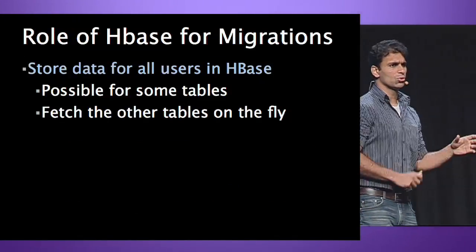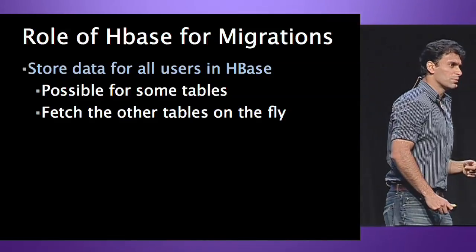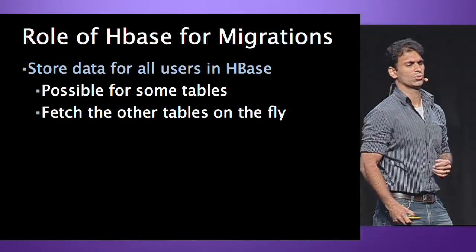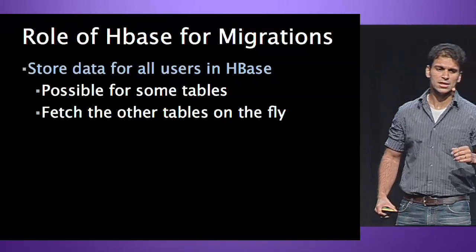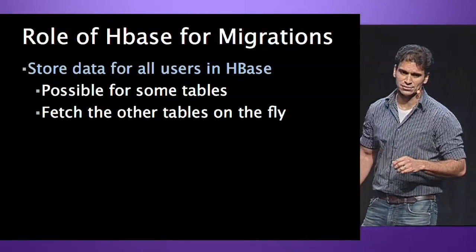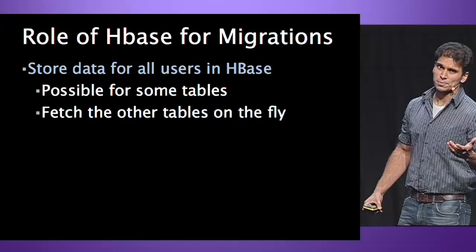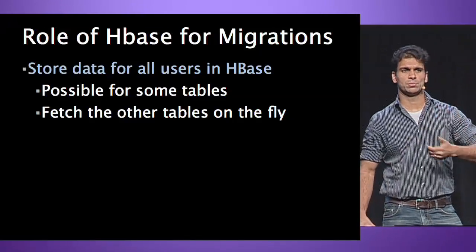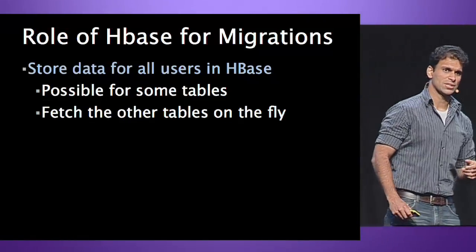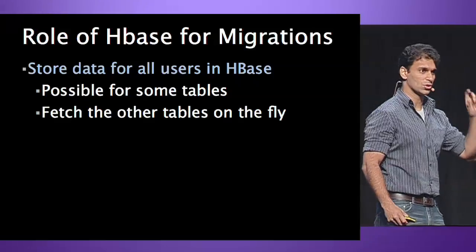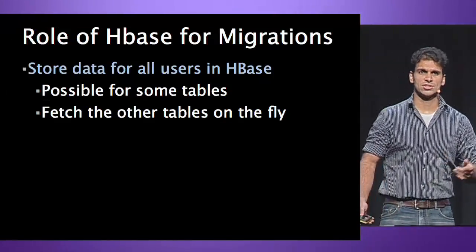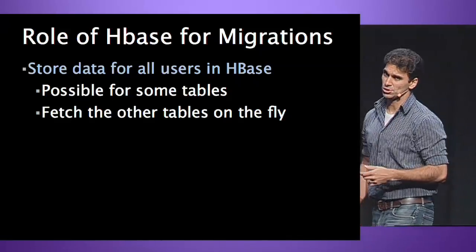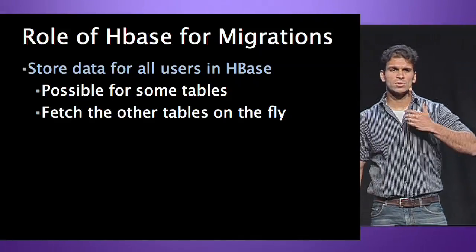And in order to store the data, whether we fetched it right before the migration or whether we always had a stored, dumped copy that we incrementally scraped and updated, we used HBase for migrations quite heavily. And when it was possible, we stored the entire data, and we would periodically catch up to the production databases, and while doing the migrations, go to production to just fetch the deltas. And for the other cases, we would fetch the entire tables on the fly and dump them into HBase and create an HBase table.